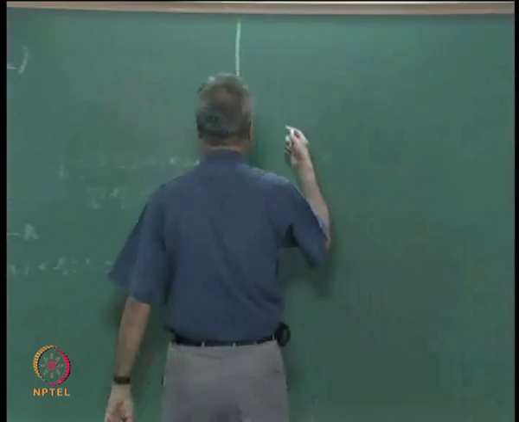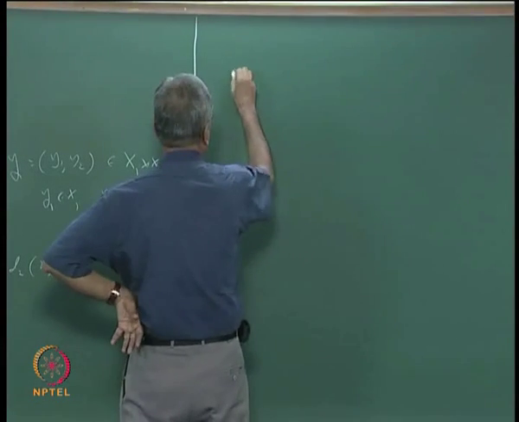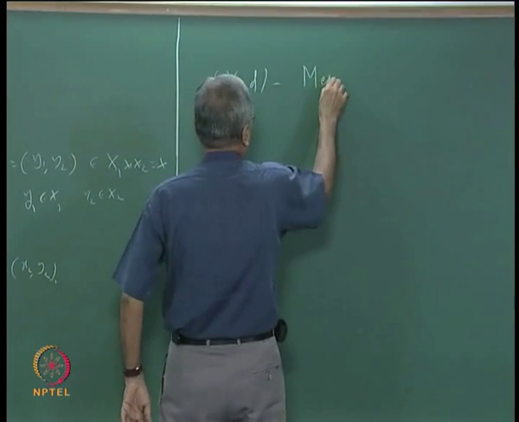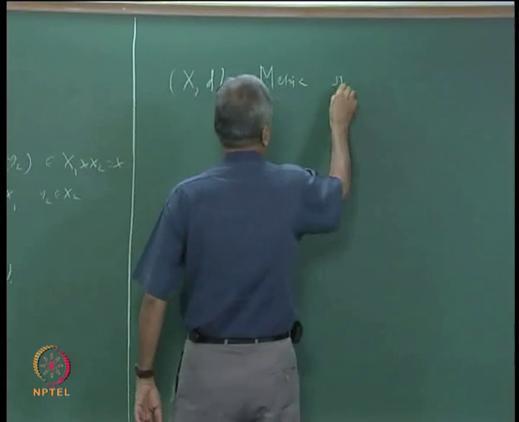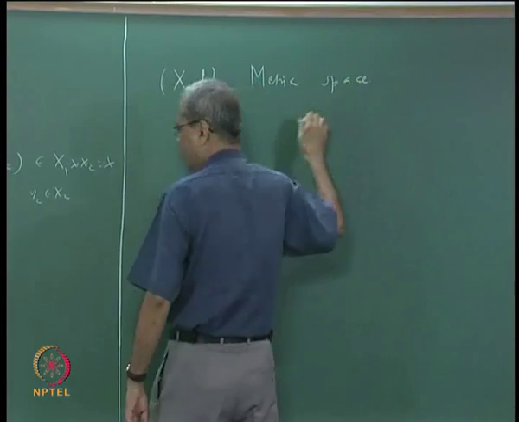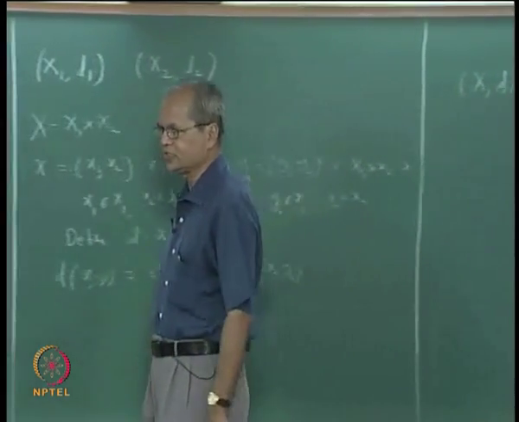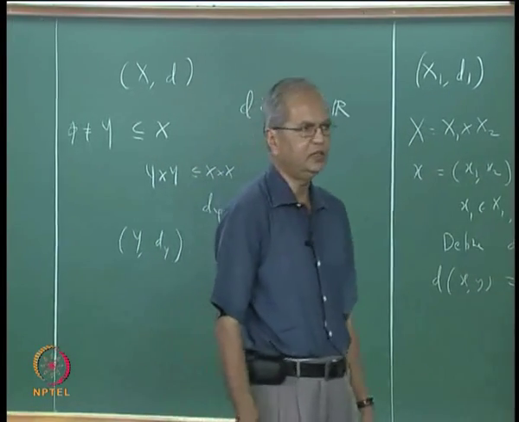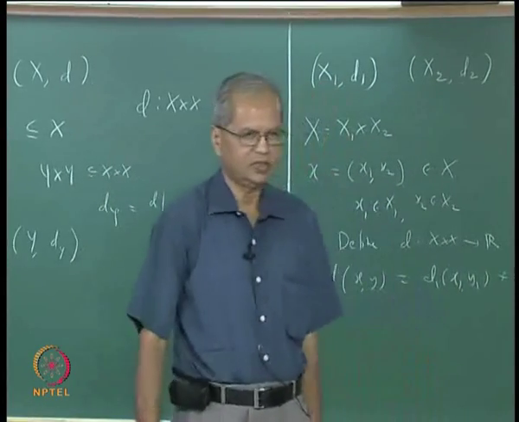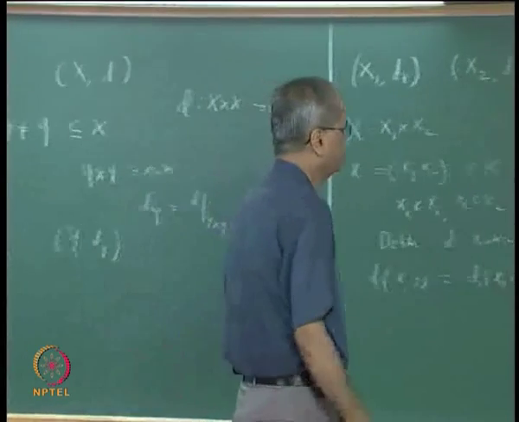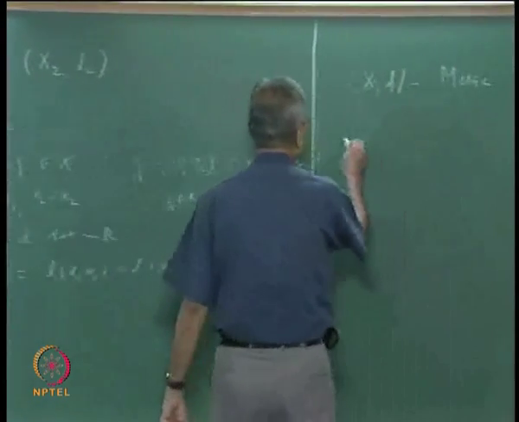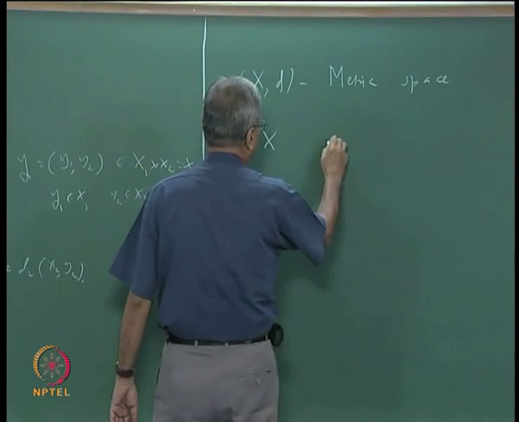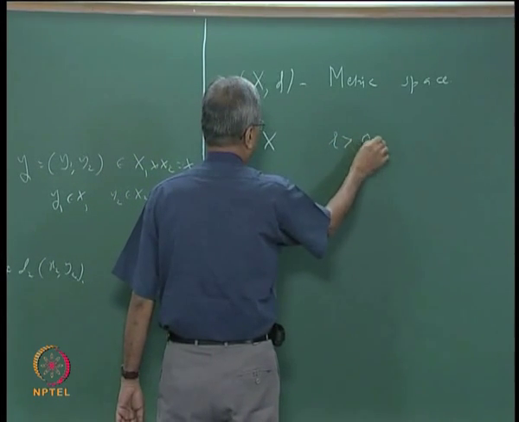Now let us again go to some general facts about metric spaces, okay. So suppose (X, d) is a metric space, okay. We now want to consider some special sets to begin with in an arbitrary metric space, and then we will look at examples in some concrete cases, okay. So suppose, let us say, A is any point in X, and suppose R is any positive real number, okay.